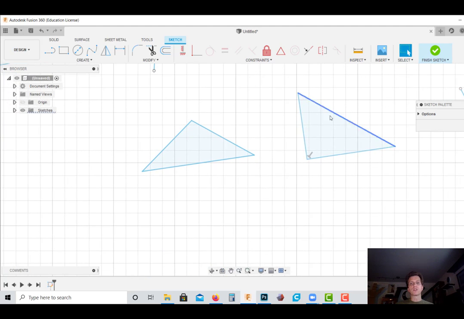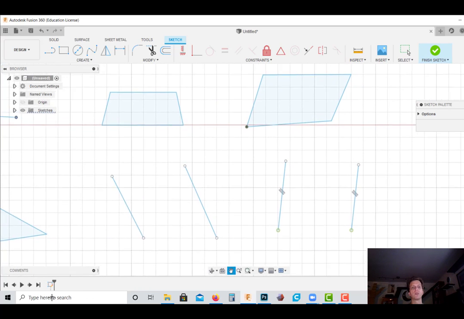You can do the same thing within triangles. If you want a right triangle, you can take this non-right triangle and just make this leg perpendicular to this leg, and Bob's your uncle. All right,